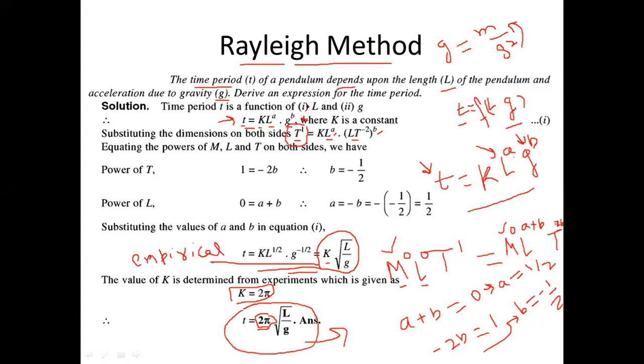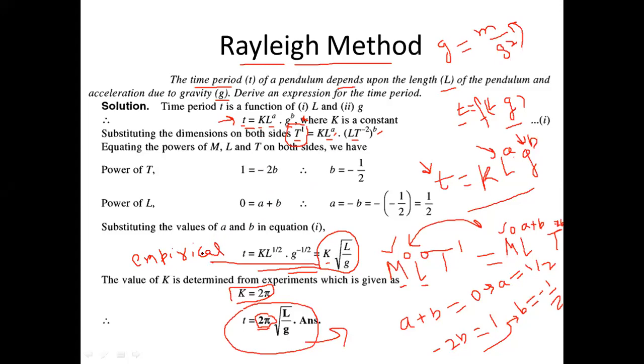Depending upon how many parameters are given, we will just raise each to the power of some constant A, B, C. Later on, we will convert that equation into fundamental dimensions. Then we will compare the fundamental dimensions on the LHS and RHS to find the values of A and B, or let's say A, B, C, D, whatever the number of parameters given to us. Right? So after finding the values of A, B, C, we substitute them in the initial relation, and we can find an empirical correlation. Are you getting this?